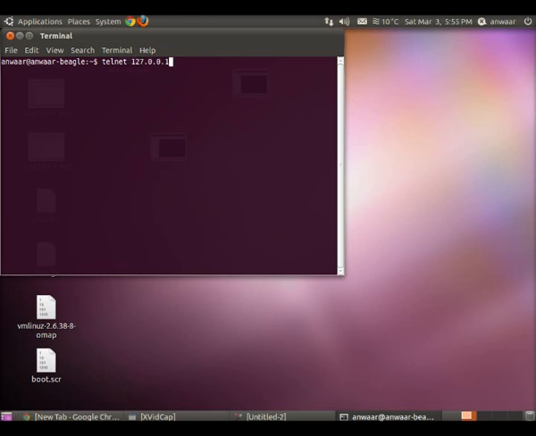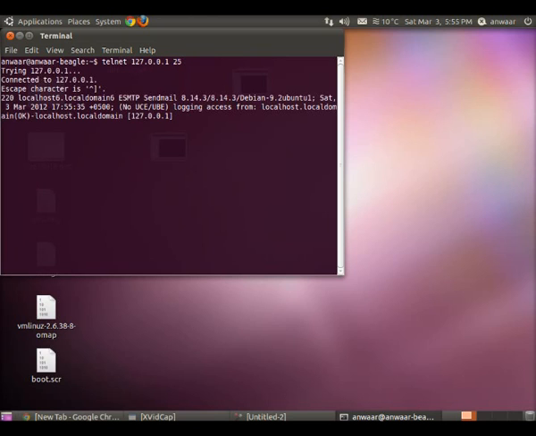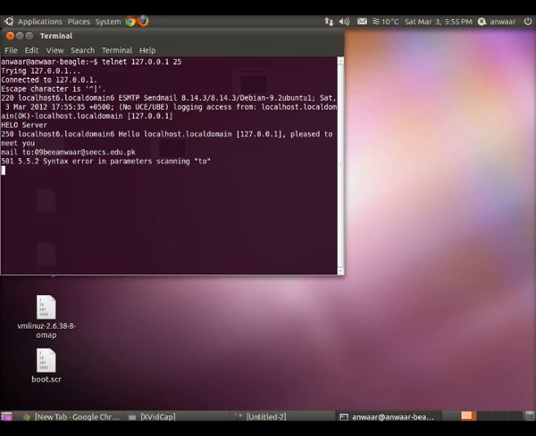Let's Telnet to our loopback. Hopefully it will not work on SMTP. If it is working, it will not complete its cycle. Let's check the hello command. It's working. Okay, let's now try mail to at 6.edu.pk, and this is not working, as I already told. Syntax error. Let's now set up our Sendmail.